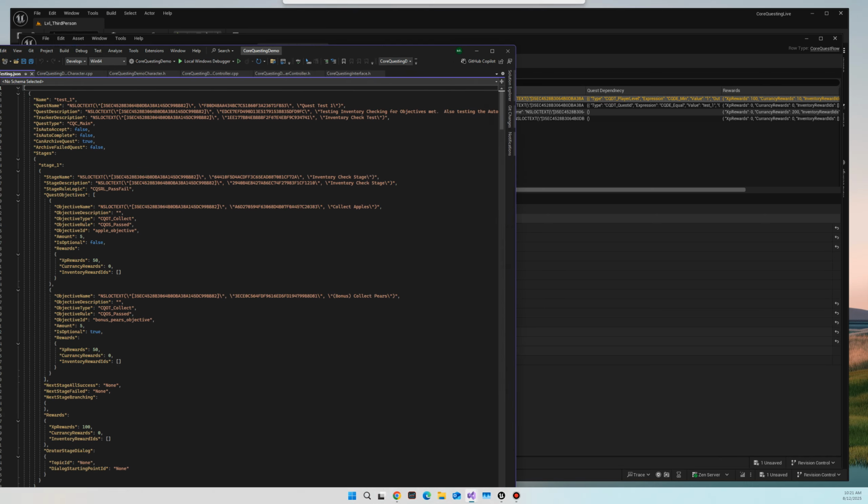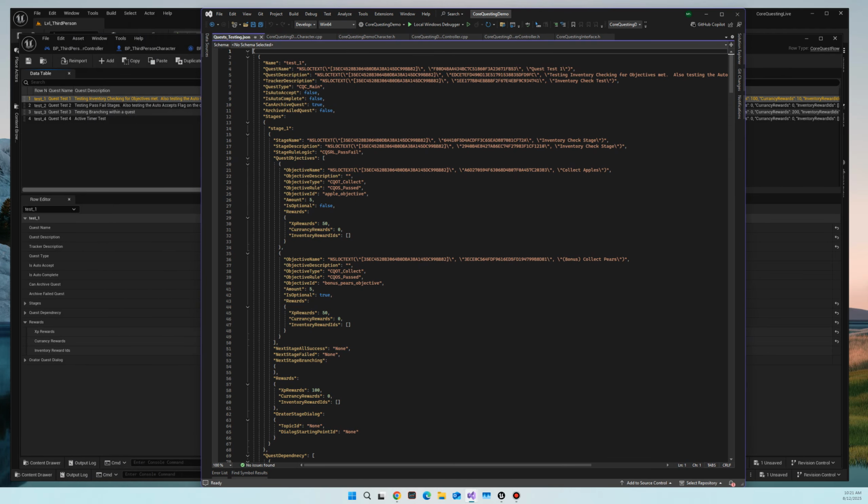So again, I'm just going to pull this over. So this is the questing test JSON. So this is what it looks like in JSON format. And so, like I said, you could